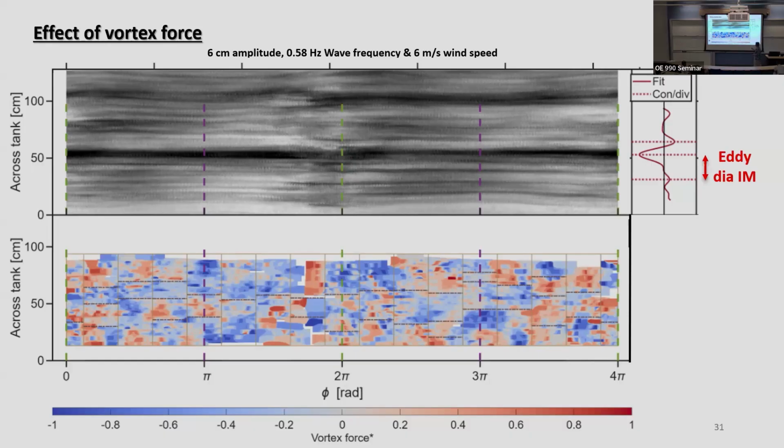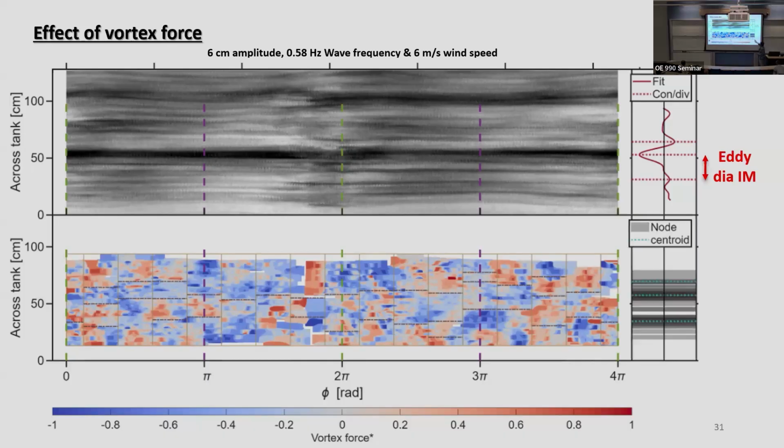If we track the location of these within each of these small bends, we end up with this plot, something like that,